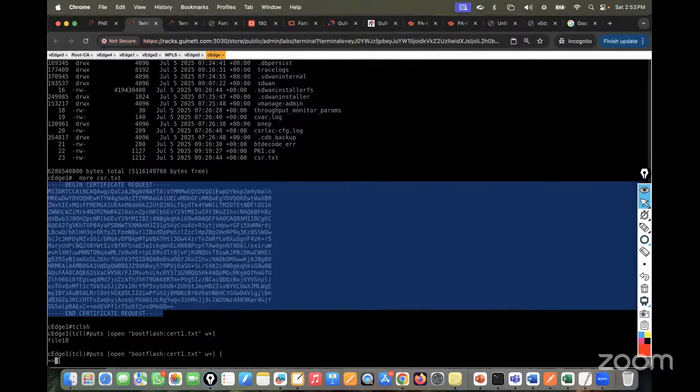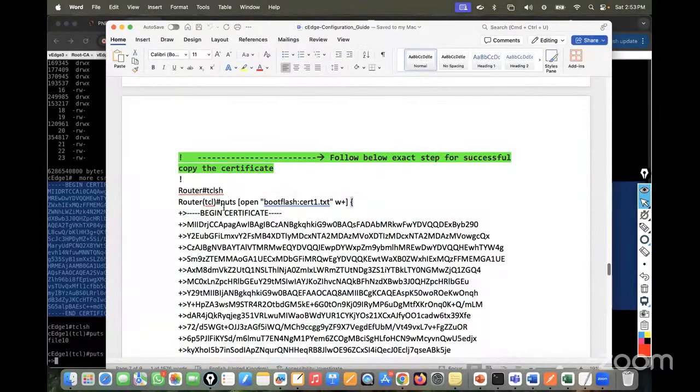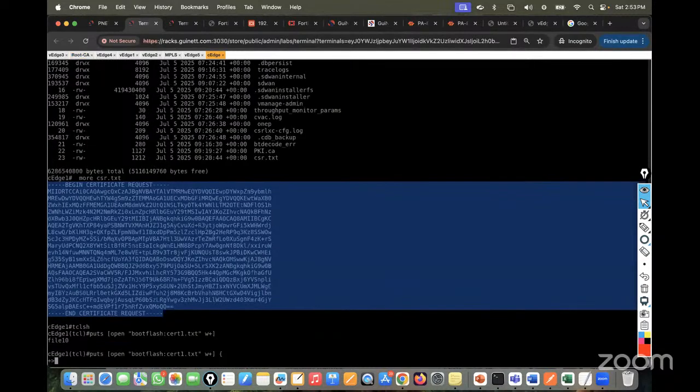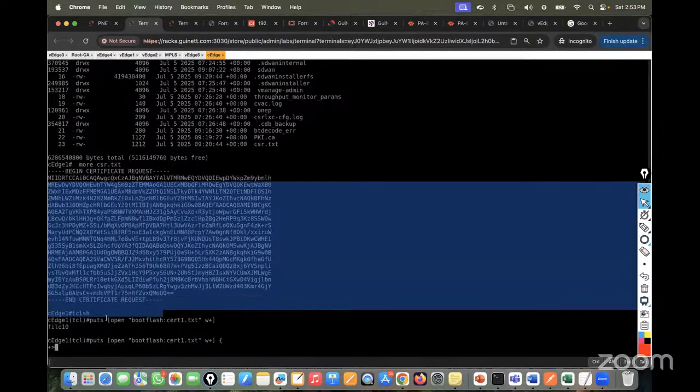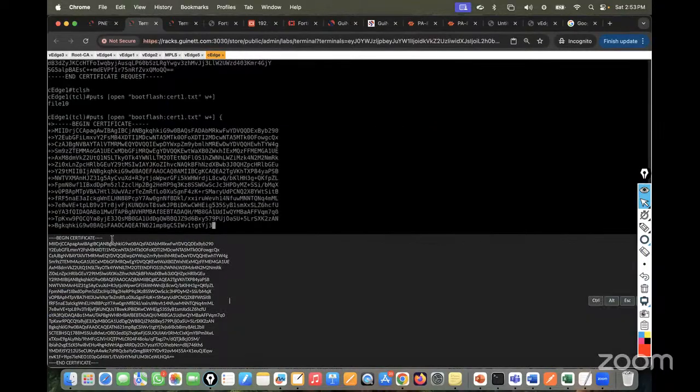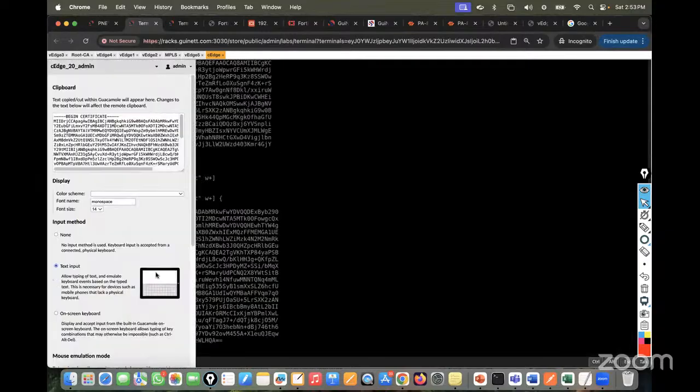Now I'm in this mode. So you have to copy the entire thing as it is, and then you have to paste your certificate here. What certificate? The granted certificate. It's a little bit different process. You just copy it, press Control Shift Alt, text input, and paste it here. So this certificate is going to be